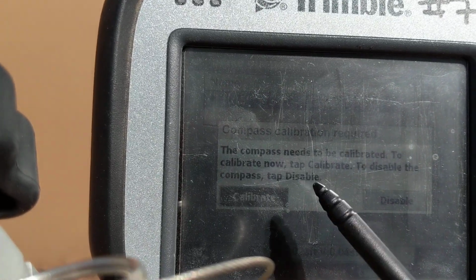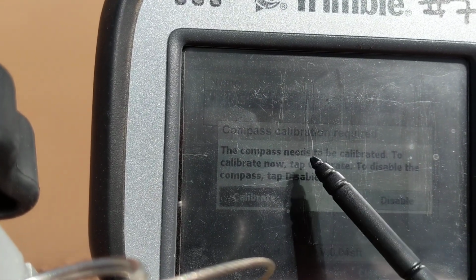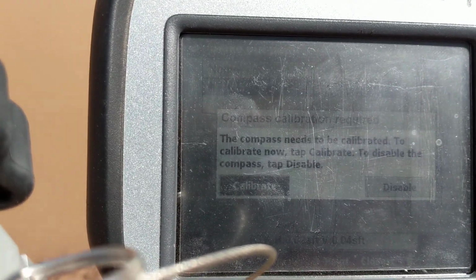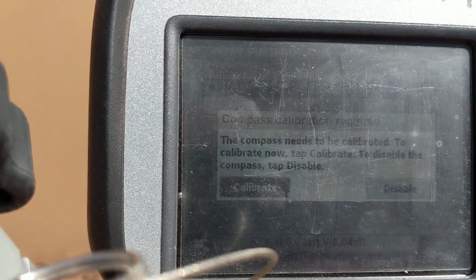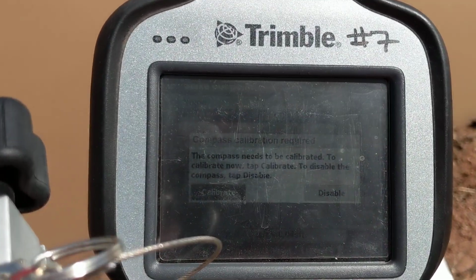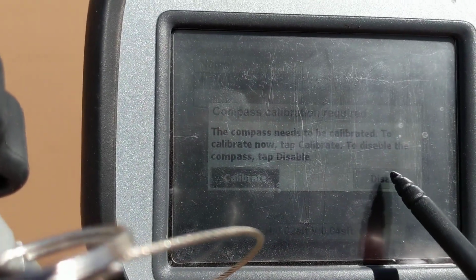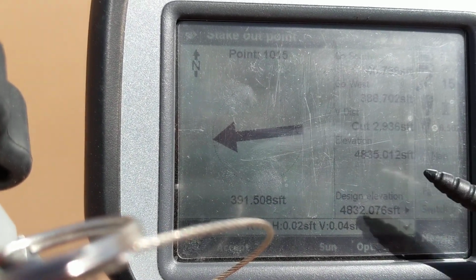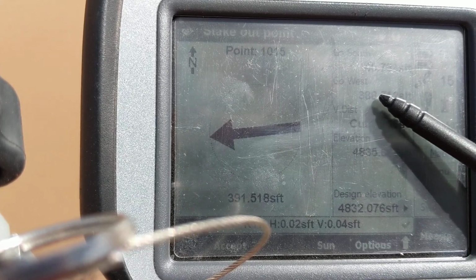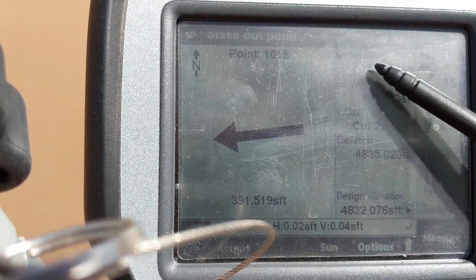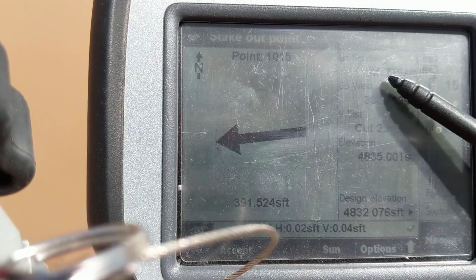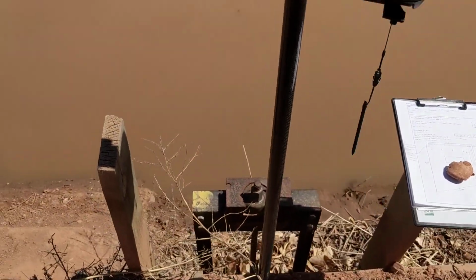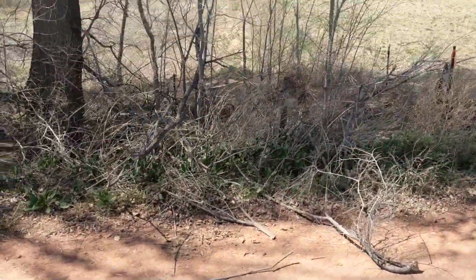And then this always comes up. Just disable it. If you want your R10 to be the most accurate, it's telling us that we need to calibrate the internal compass of the data collector, but I don't do that. Disable. So it's telling me that I have to go west 388 feet and south 45 feet, and that sounds about right. Because where I'm standing here, the point that I'm going to be shooting is actually,